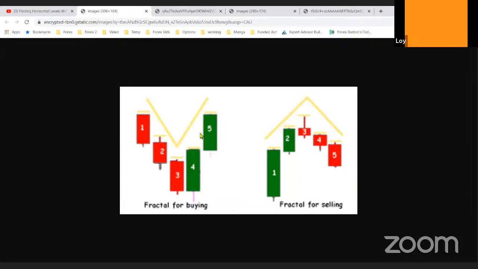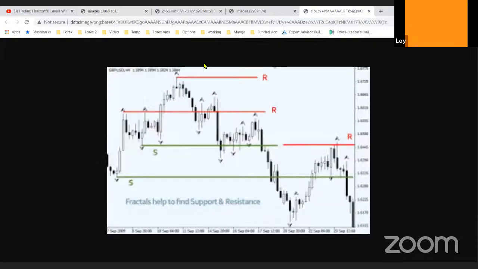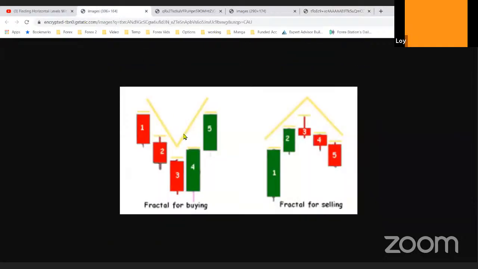So what happens with fractals is that, first and foremost, to use this indicator, you must know how it behaves, how it's being calculated, right? So a fractal will form. All right, the first indication, that means for this particular arrow, it will form, right? It will be painted. It will appear on your MT4